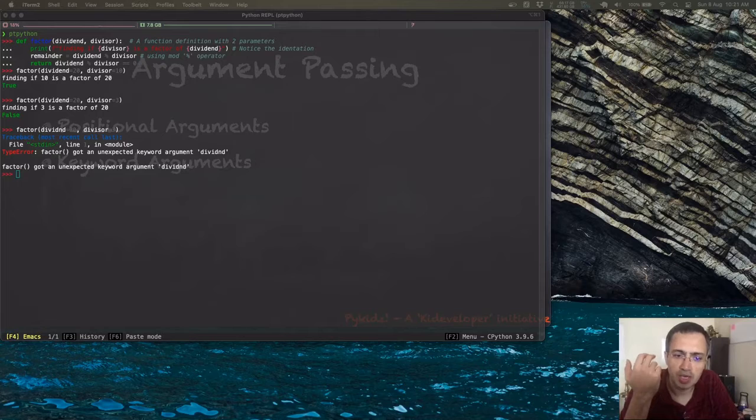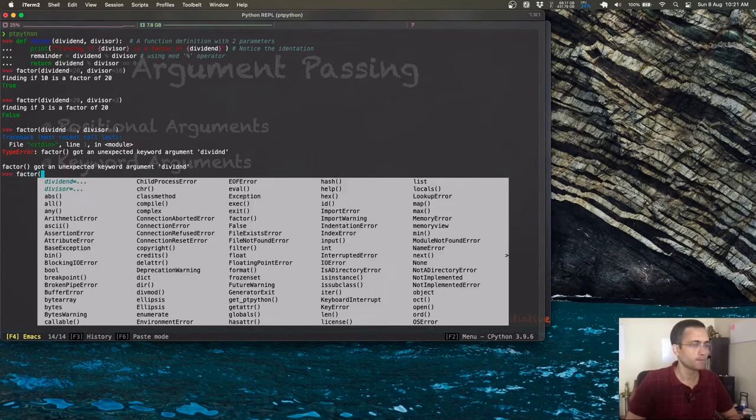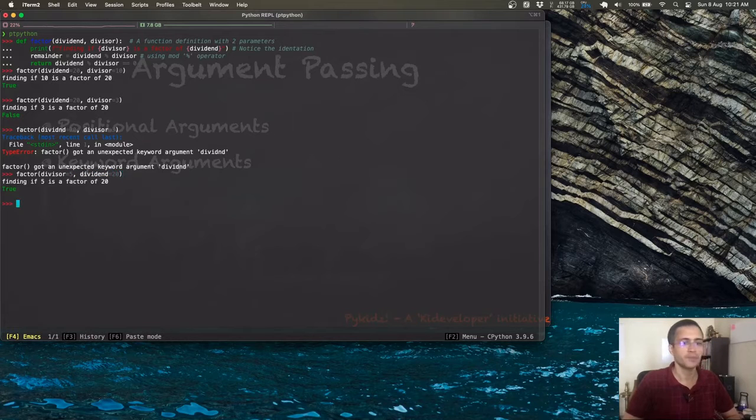Now let us look at where keyword arguments actually help, right? Why is it such a big deal? It actually seems to be more work. So let us see whether it's really going to be of any help. So what I did here was I changed the order of arguments completely, but the function worked perfectly fine, right? No issues. This is the flexibility of keyword arguments. You don't have to worry about the order of arguments. You can pass them in any order because the keywords are there. Python knows what to do, right?